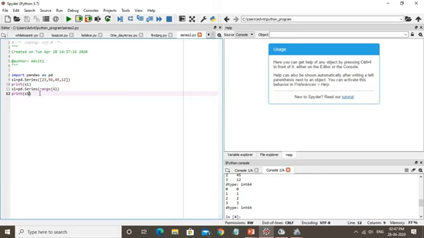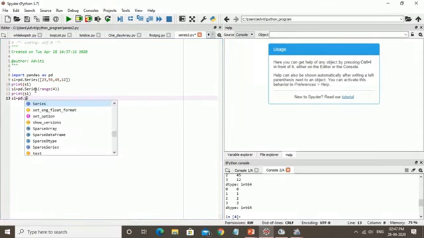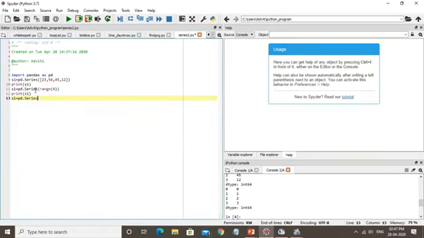In the same manner we can also define the index with the values. For example, s1 equals pd.Series, and I'm using values 23, 45, 2, 3, 5. Now we have defined 5 elements, and then I'm using index equals.